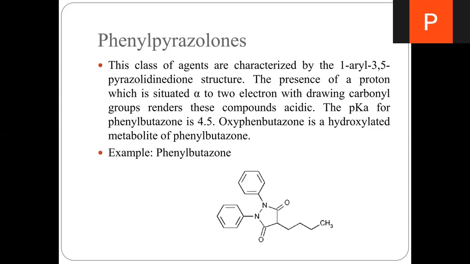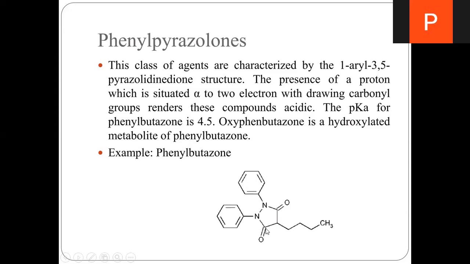Next, coming to phenylbutazone. These are the agents which are characterized by a 1-aryl-3,5-pyrazolidinedione structure. The presence of a proton which is situated alpha to two electron withdrawing carbonyl groups renders these compounds acidic. The pKa for phenylbutazone is 4.5. Oxyphenbutazone is a hydroxylated metabolite of phenylbutazone. Example is phenylbutazone. So, you already know that it is a 5-membered ring system along with